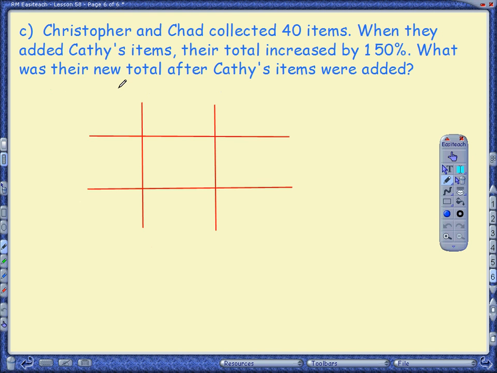Okay, Christopher and Chad collected 40 items. When they added Kathy's items, their original total increased by 150%. Okay, this is where we put our original down at the bottom where the 100% is. This is the original amount that they had before adding Kathy's. Then they're going to add Kathy's,